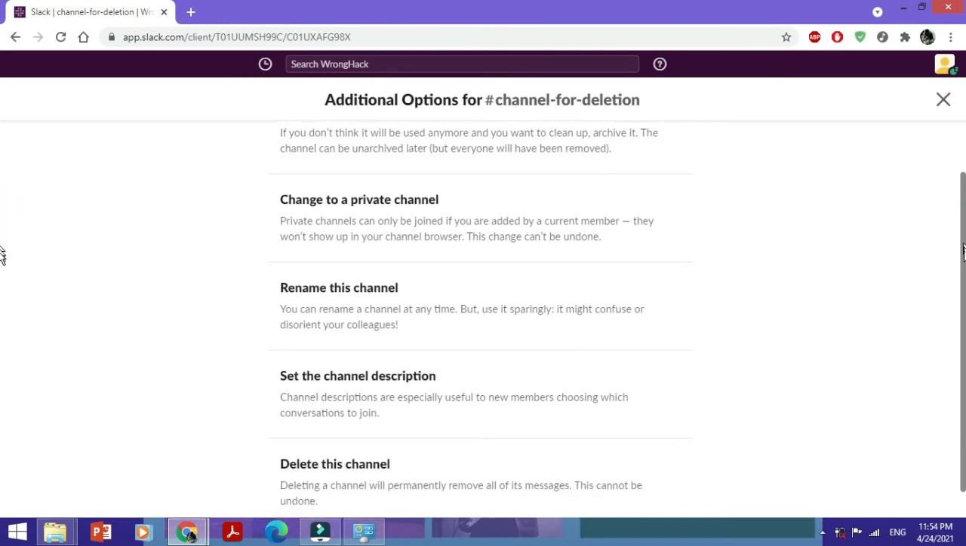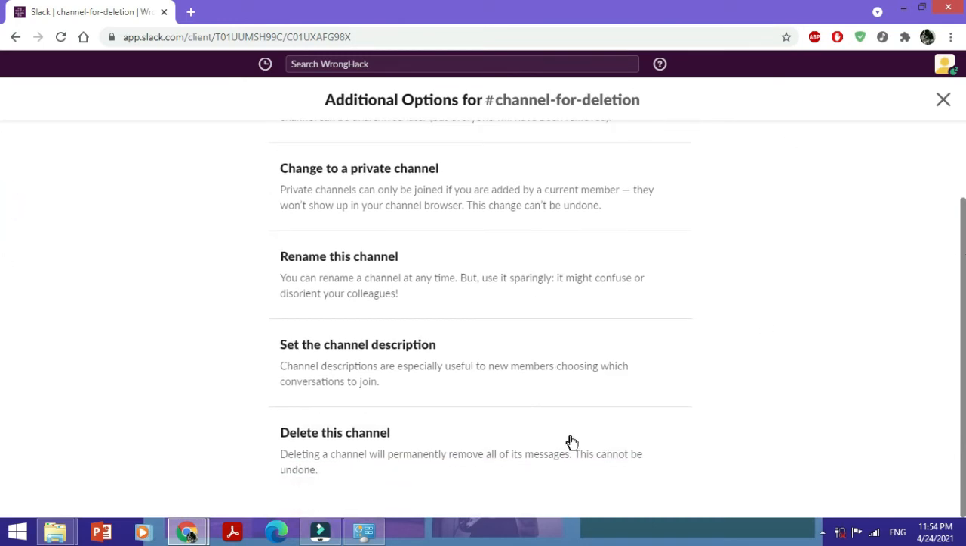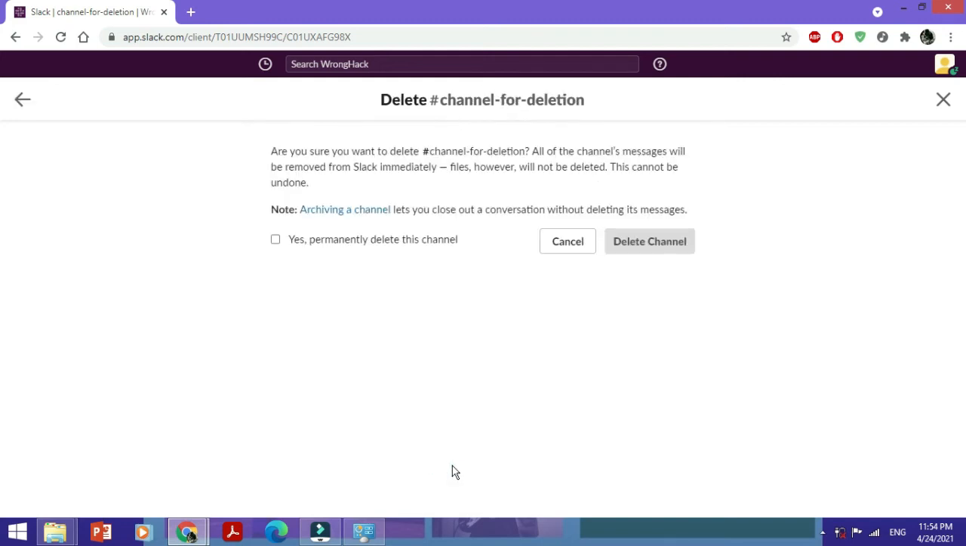However, right now we're looking at permanent deletion, which is this option at the very bottom. You just select delete this channel, which would permanently remove all sorts of content and messages. Any files which are there would not be deleted, and this is an irreversible process. This cannot be undone. So once again, Slack is asking you to archive it if you like, but if you want to permanently delete it, just confirm via this tick box and then click on delete channel,